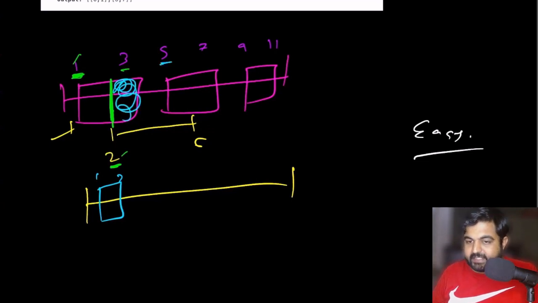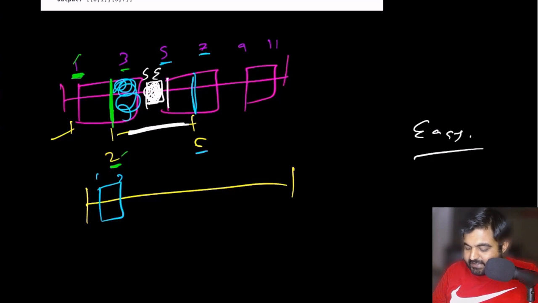Now we are on the next interval. For the next interval, we check whether its ending value is greater than the ending value of the part we are trying to remove. If that is the case, there is a possibility that this interval will have some value that we can add to the answer. Suppose over here we had one more interval that looks like this, just as an example, then this interval has to be removed completely because both its starting and ending values fall between these two portions. Then we can't do anything in this case, which means this interval is of no use for us, so we will simply skip to the next one.